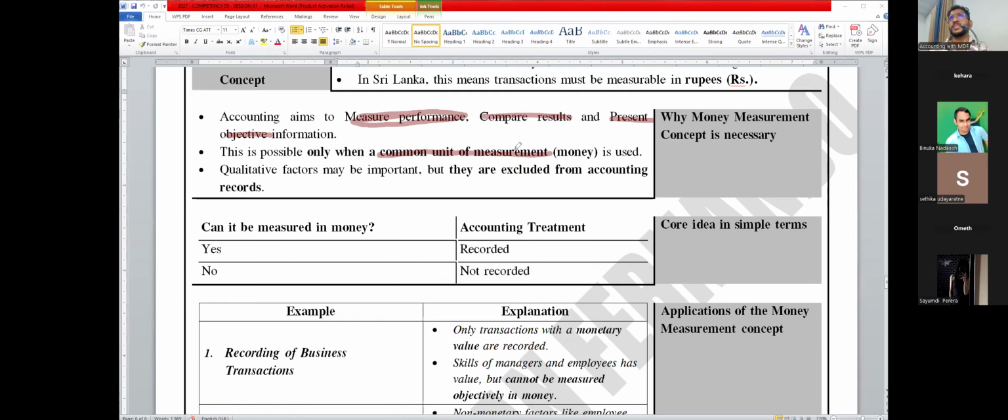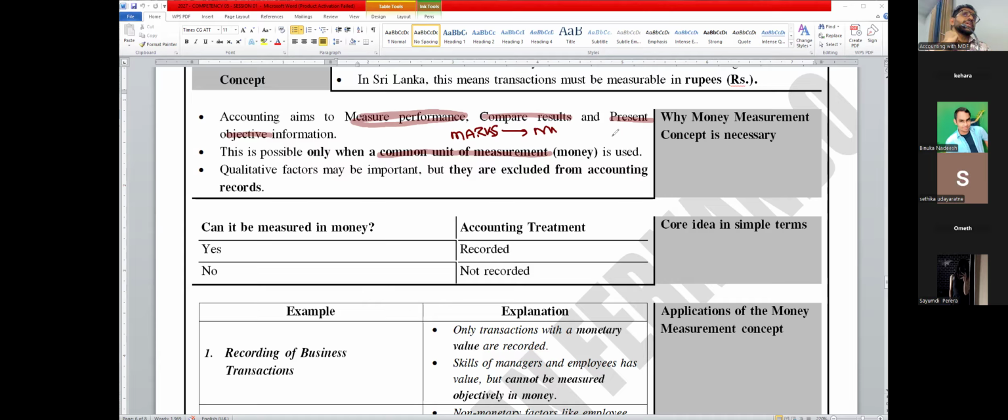Now let's go to the school side for a moment. Look at this. In your term tests, what is the common measurement you use? You give the marks for the students. Now that mark is a common measurement. What can you do with that mark? You can compare it with your friends. You can compare it with the last term marks. Got it?